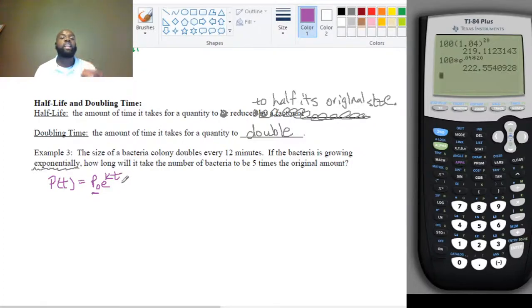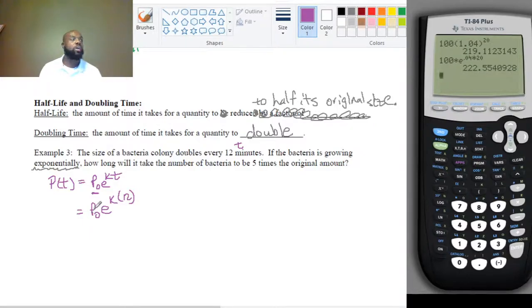All right, the information that we are given is a t here, and the fact that this is the amount of time it takes to double, right? What this first sentence helps us do is to find the rate at which it's growing, all right? And so we're going to use that first sentence and the doubling time, which is given to us as 12 minutes, in order to help us figure out our actual rate, which is K in this formula here. Because we know that if we plug in 12 for T,